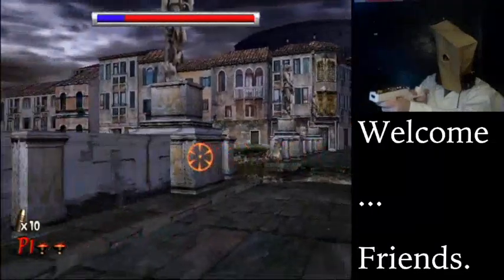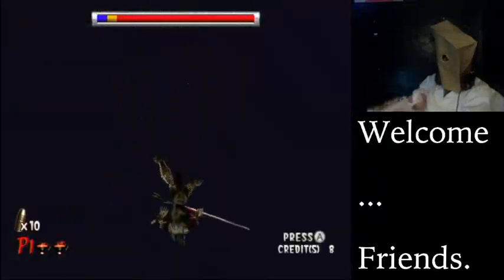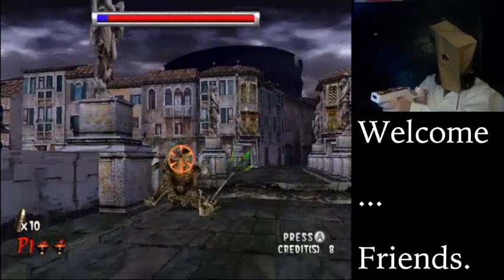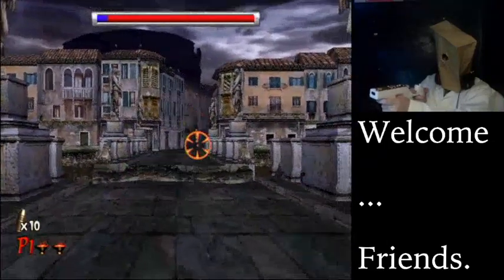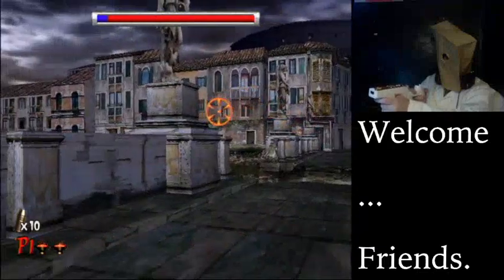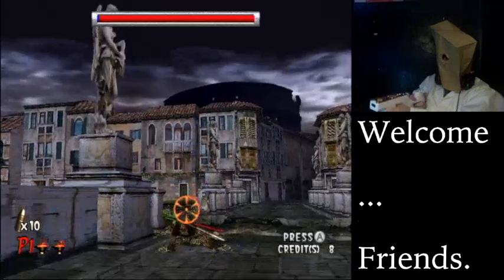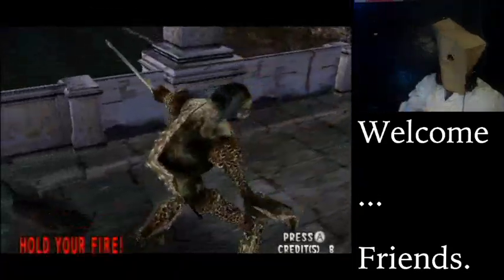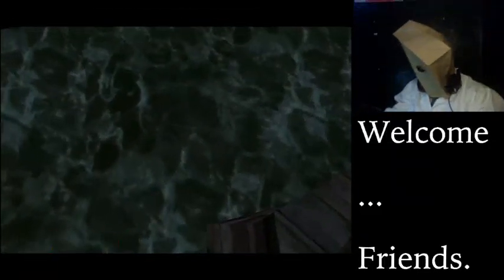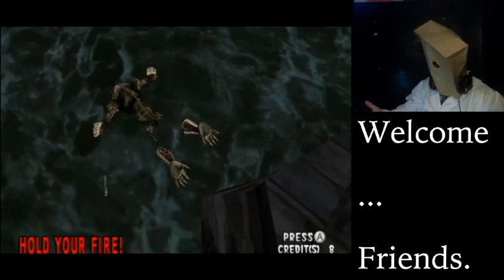Oh, okay. Jumping down. You can only get this guy when his chest opens, so... Oh, look at that! Damn it, he's still got some health. There we go. Did that without taking damage, that was awesome! But I defeated that boss without taking damage, so...